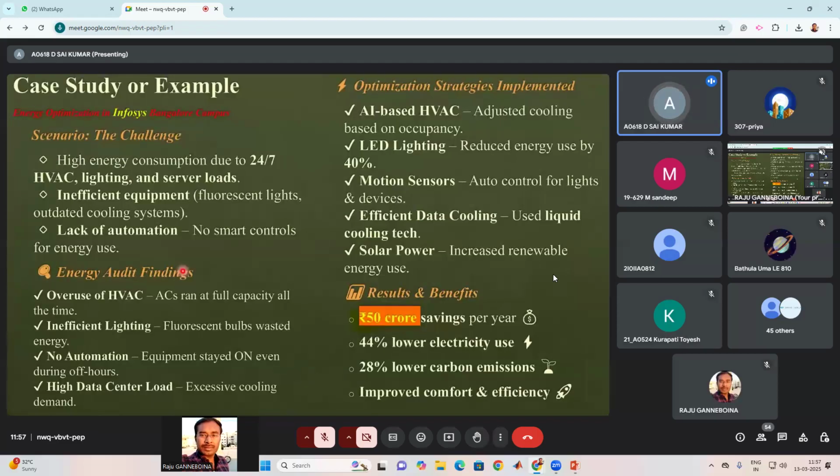Here they did the energy audit, and the findings were: overuse of HVAC, with ACs running at full capacity all the time; inefficient lighting, with fluorescent bulbs wasting energy; no automation, with equipment staying on even during off hours; and high data center load with excessive cooling demand. Then the optimization strategies were implemented. The solution part which we can see in this Infosys Bangalore campus scenario is